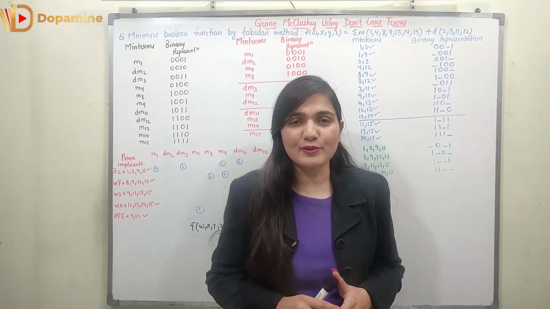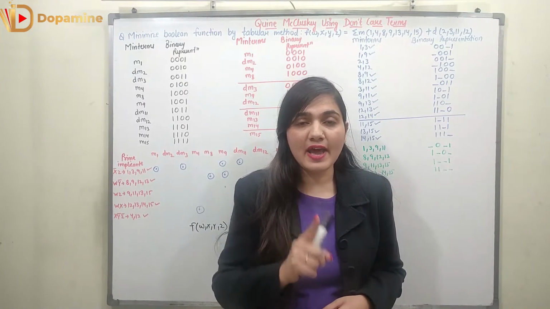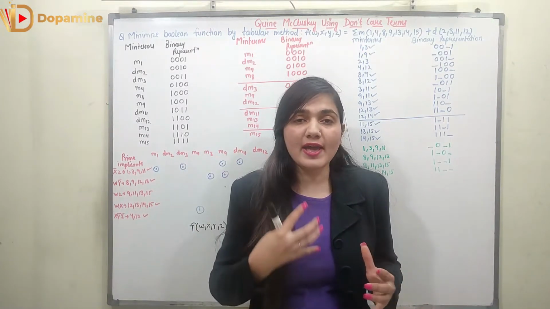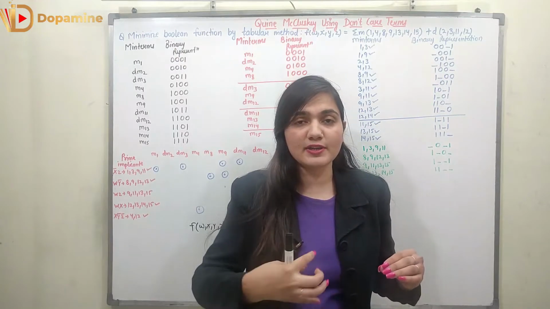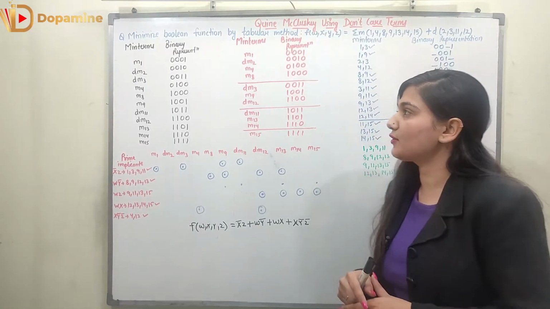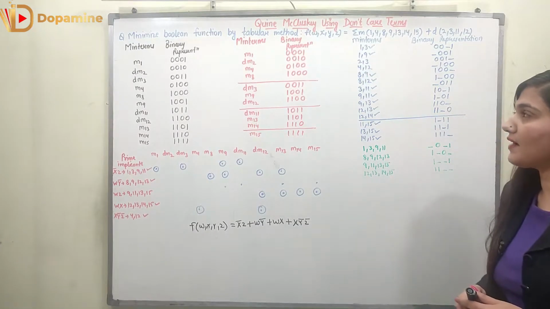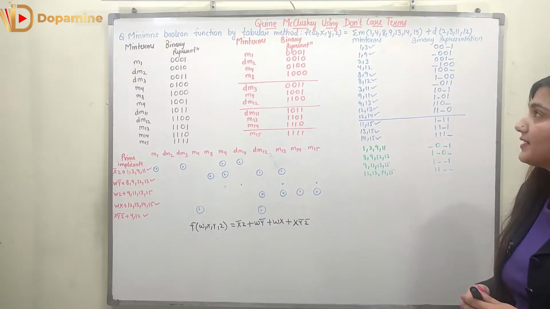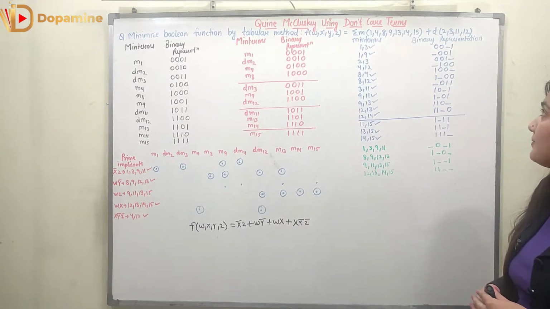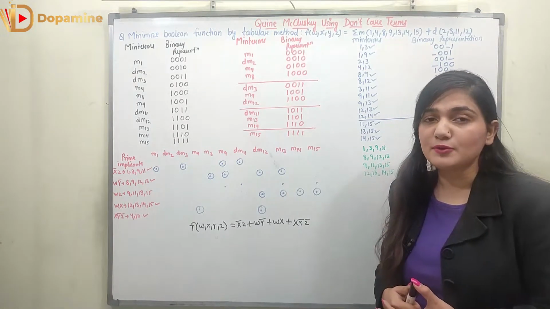This is what we are going to learn in this video with the help of a simple question. If you understand the application of the Quine-McCluskey method on the don't care terms with the help of this question, you can use this knowledge and apply it on different types of examples as well. So let's start the discussion with the question: minimize the Boolean function by the tabular method. The function has the four variables w, x, y, z, and it is represented as summation of min terms 1, 4, 8, 9, 13, 14, 15 plus some don't care terms which are 2, 3, 11 and 12. So we have various min terms and we have some don't care terms.